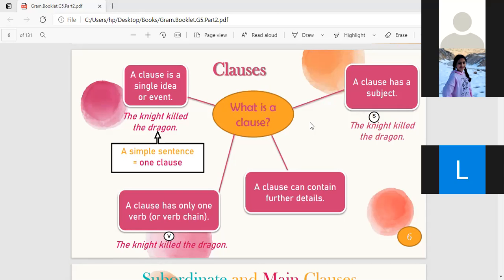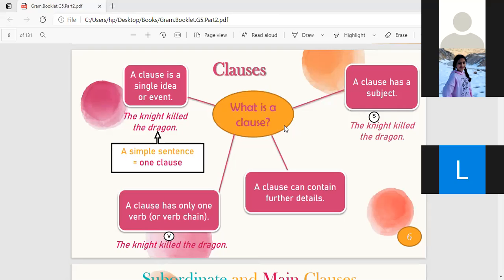What did I say about the clauses? What do they contain? A subject. What else? A predicate, a verb, yes. And what else? An idea. Okay. So when I say dependent clause, what's special about the dependent clause if it contains a subject, a verb, and an idea? But why do I call it dependent?